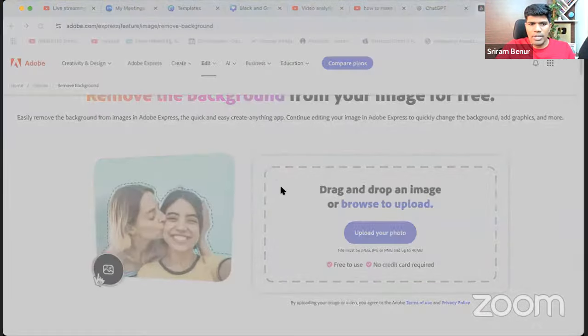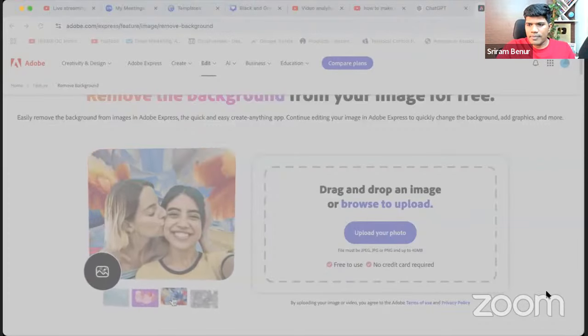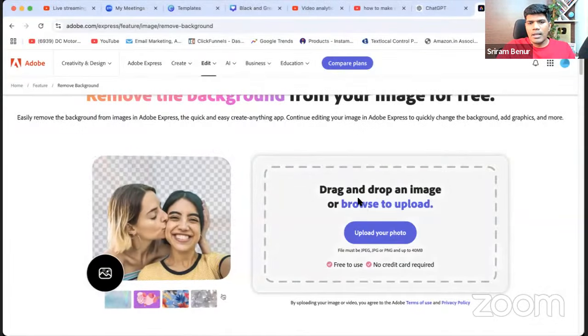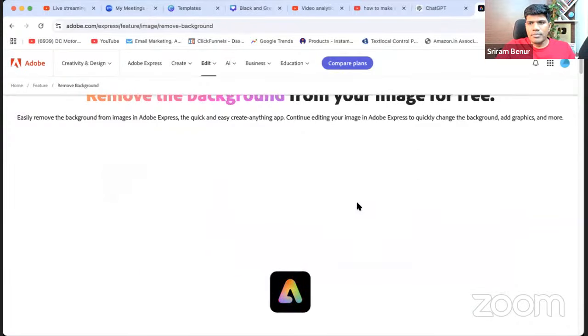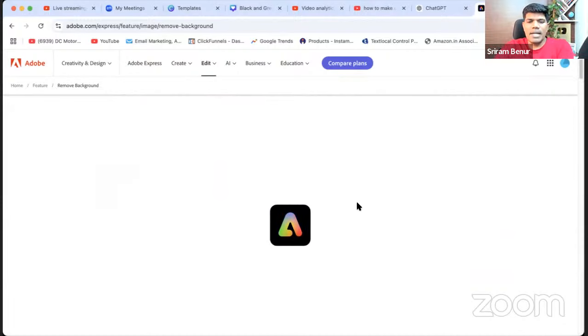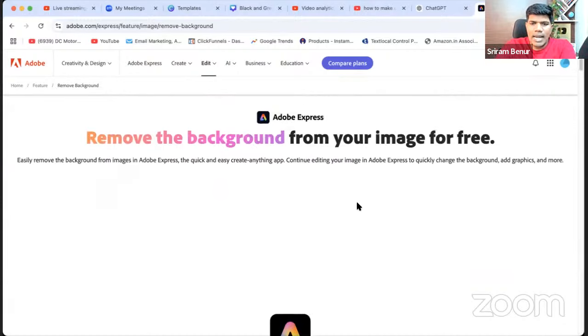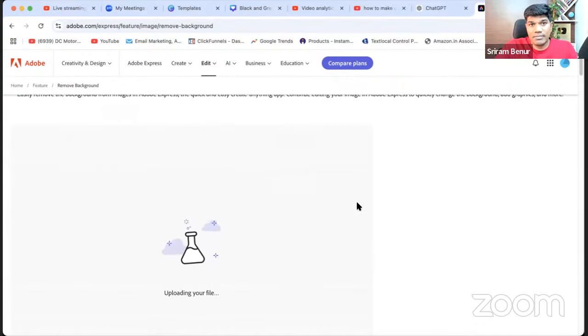I'm just going to click on upload here and select my image. Open. Now it is going to remove the background of it. It might take just a couple of seconds. And the beauty with Adobe is it gives you an HD image, which you can use for your thumbnail.